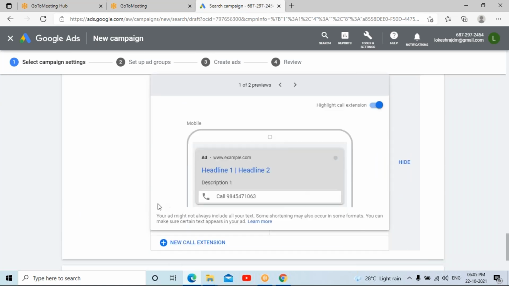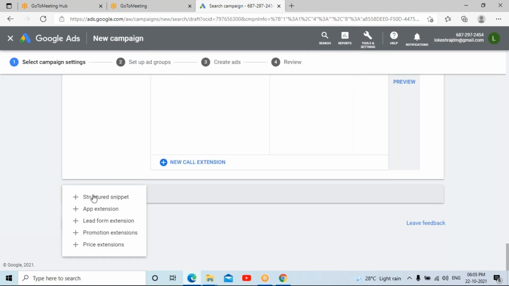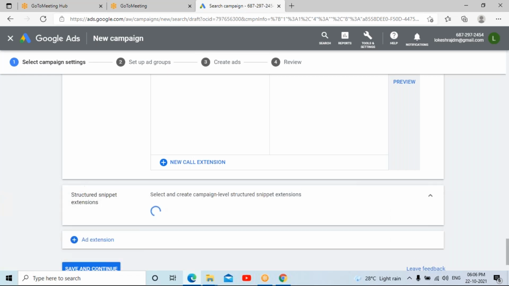But apart from this, if you want to add a few more extension types, you have one more option, add extension. Here you have an option as structured snippet. Here you can give a list of all those things you want to add, further types of highlights of your business. You can add it over here.